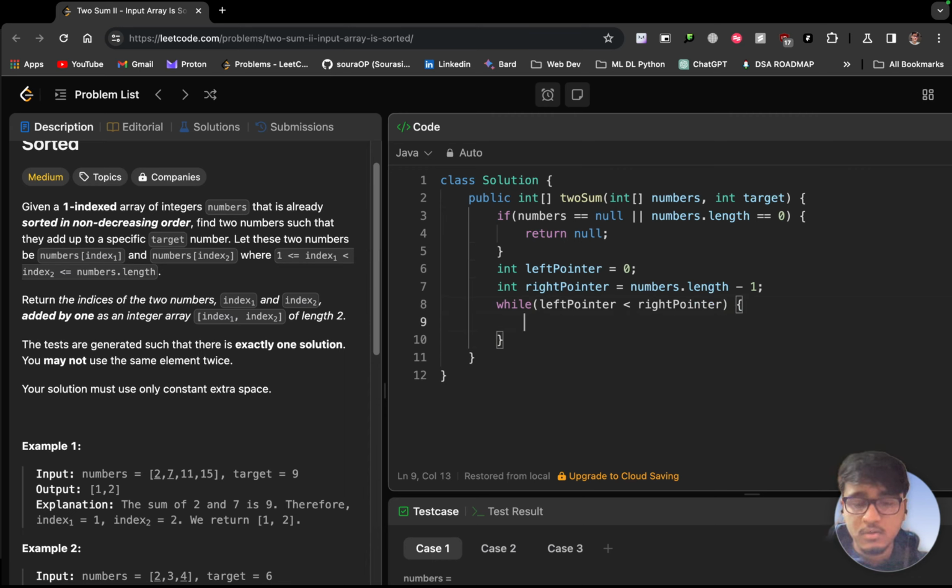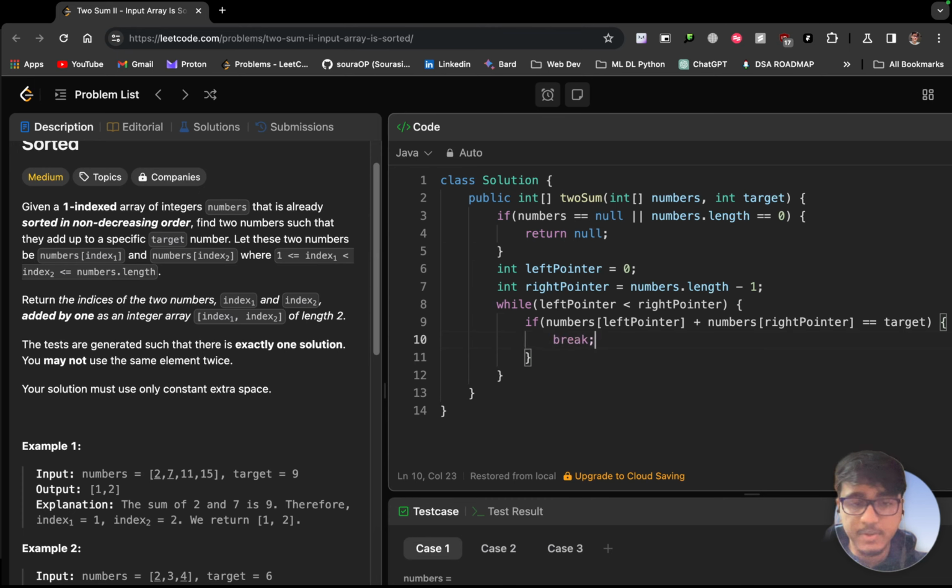And if the numbers of left pointer plus the numbers of the right pointer